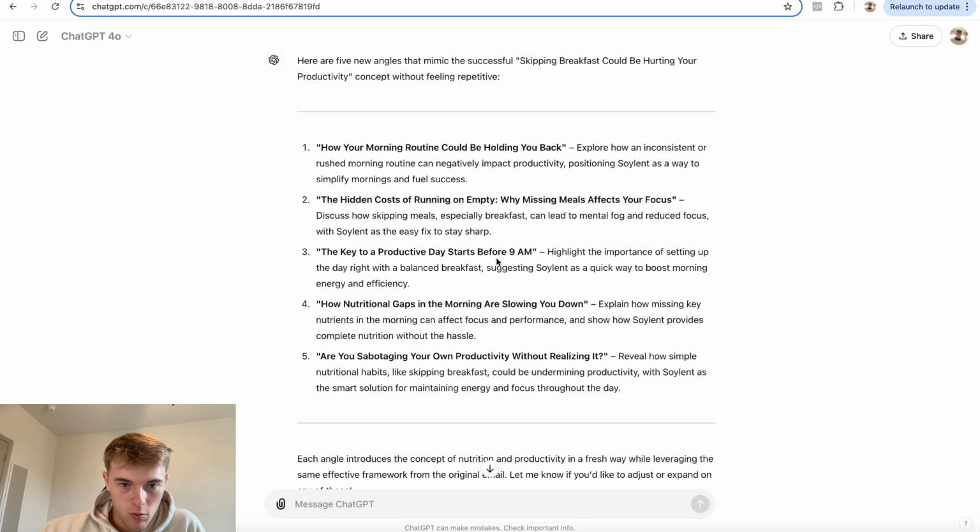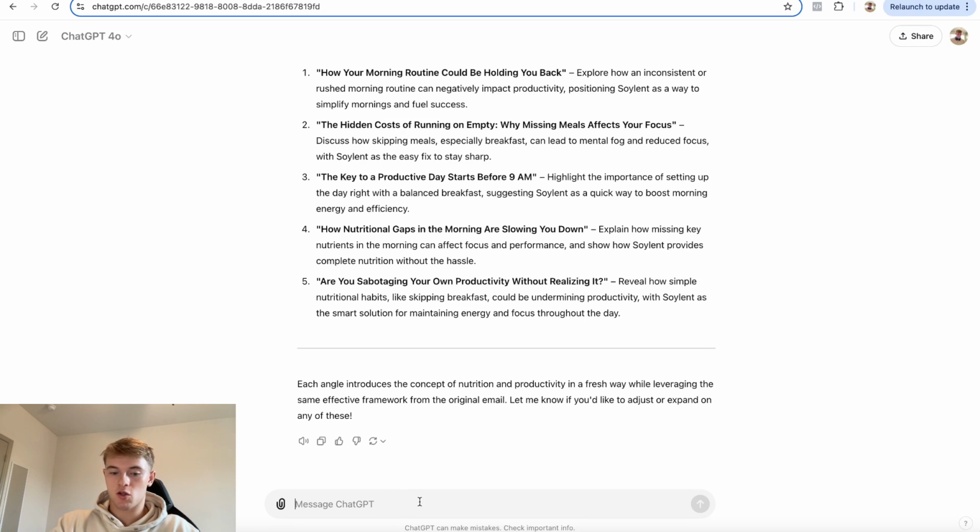So here, the key to a productive day starts before 9 a.m. Not bad. How nutritional gaps in the morning are slowing you down. Okay, so these aren't bad. I definitely think it could be more of a different angle instead of just repackaging the same angle, if that makes sense. So in this case, if that was something that I was concerned about, I would say, please do,